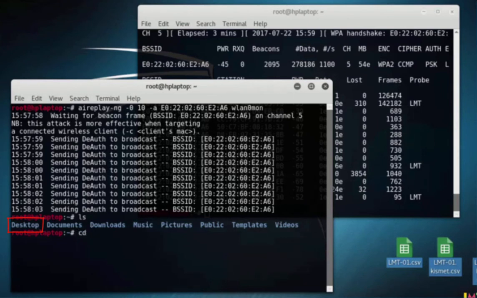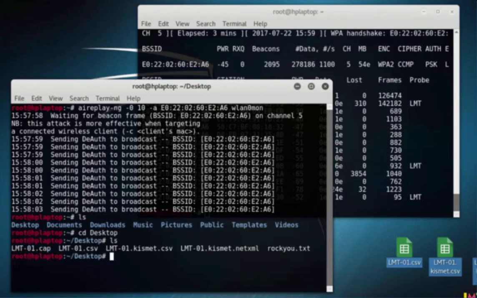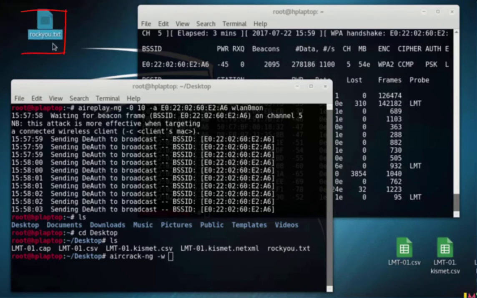You just type in cd space desktop, enter, and then you type in ls, and there's all your files that you're going to be using this final command to crack and decrypt your password. You will type in aircrack-ng space -w, and then the word list. Remember, we copied the word list on your desktop, which is rock, which we're going back to here, and we're going to type in rock